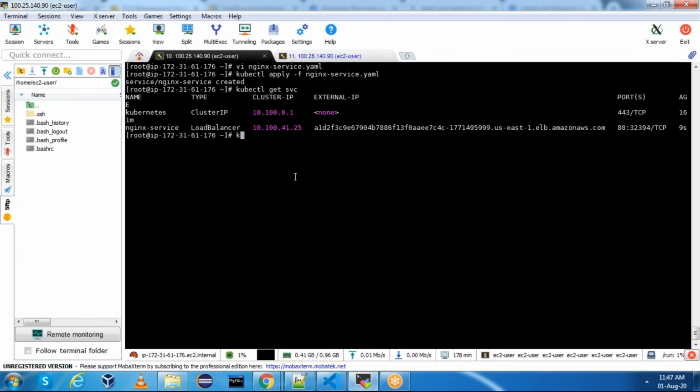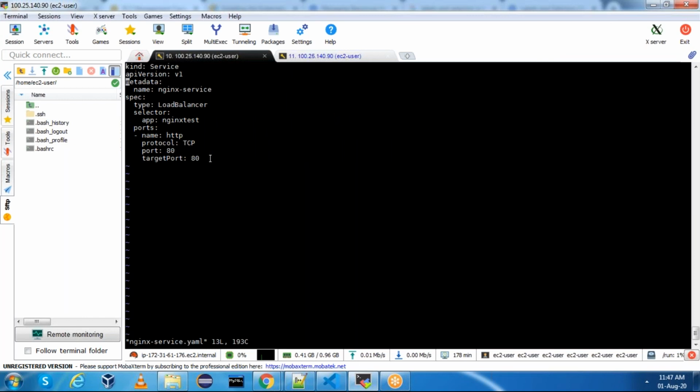Let me delete this one. kubectl delete service nginx-service. Instead, I'll keep the selector name the same as in the deployment so that it will work. Okay, let us wait for this and then we will do that. Now let us change this nginx-service file. Don't keep selector app nginx. Why? Because in the deployment it is defined as nginx. That's why make it nginx only.